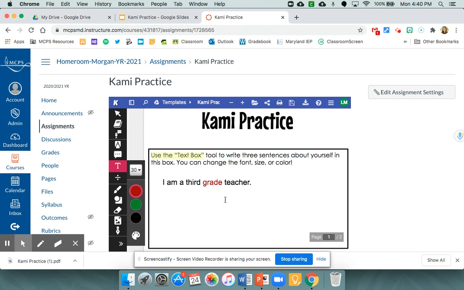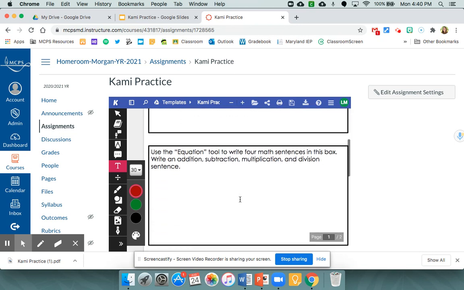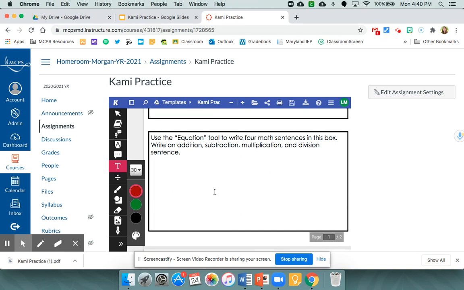So kind of customizing that text. The equation tool, I'm going to be honest, we had a little bit of trouble with it over the summer. It's not the easiest tool to use, especially in third grade. The big one that we were trying to use it for is that division sign. There were some times with the kids that we just told them to use the slash because it wasn't really